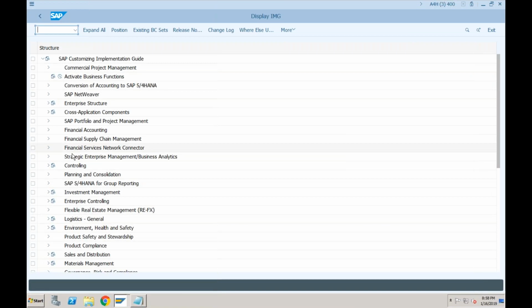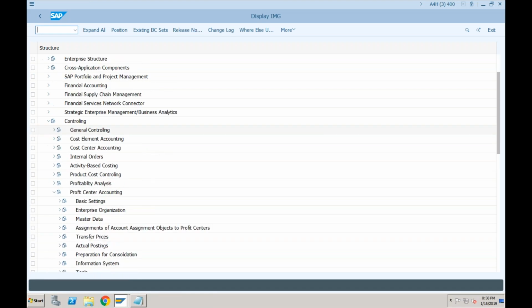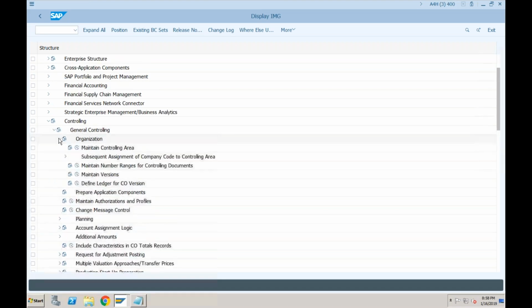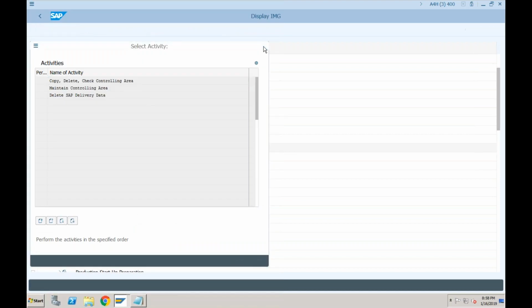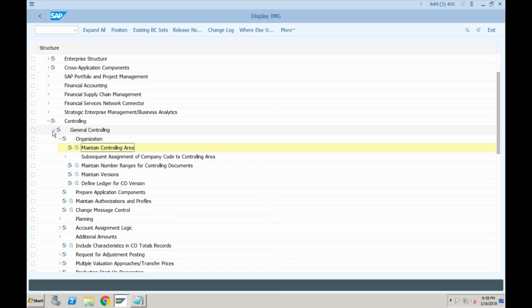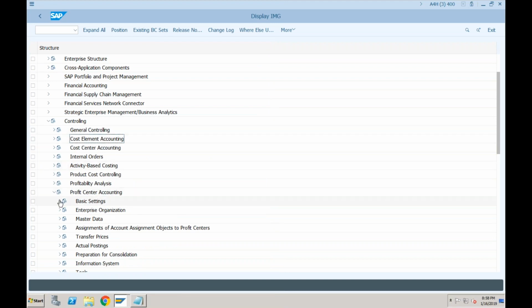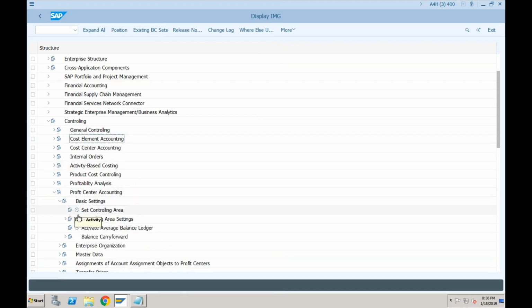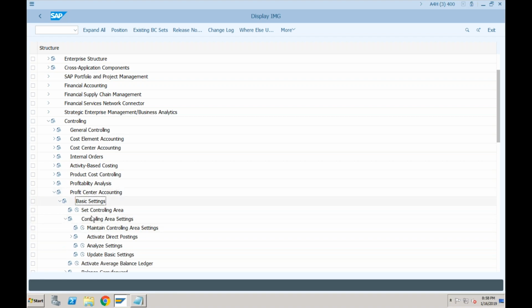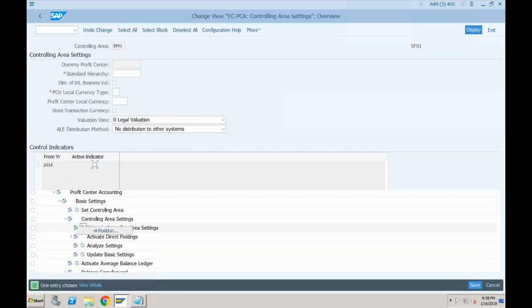It will be under controlling, profit center accounting, general controlling, organization, maintain controlling area. Sorry, am I correct? No, just give me a minute. Profit center accounting, basic settings, controlling area settings, and maintain controlling area settings.